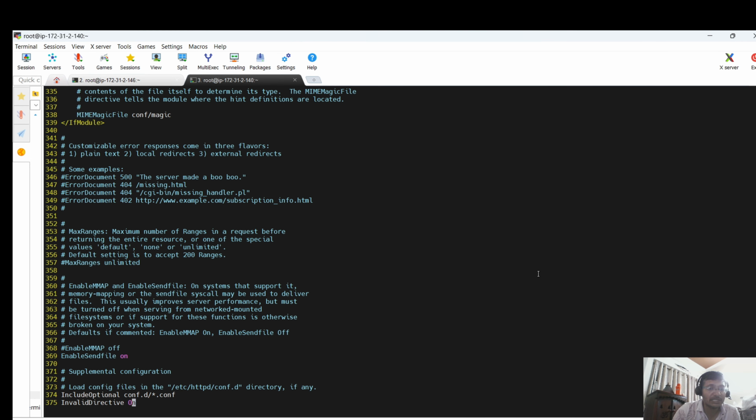Here I've just created a demo directive, but in the real world you may have a spelling mistake in one of the directives that you are using in this file. So you just need to correct that. But in my case, this is just a demo directive, so I'm just going to delete it, save and quit,